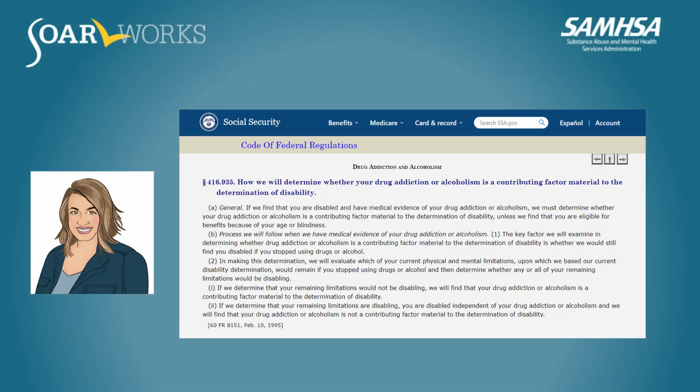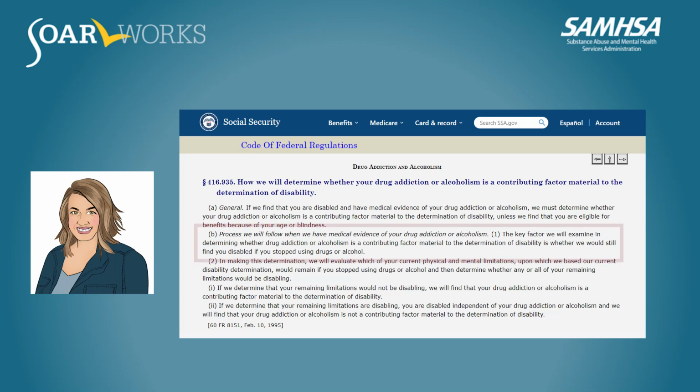Documenting substance use can be challenging when developing evidence for Social Security disability applications. Understanding the concept of materiality is essential for applicants with co-occurring mental health and substance use disorders. First, let's take a closer look at the word materiality and break down what it means for Social Security disability